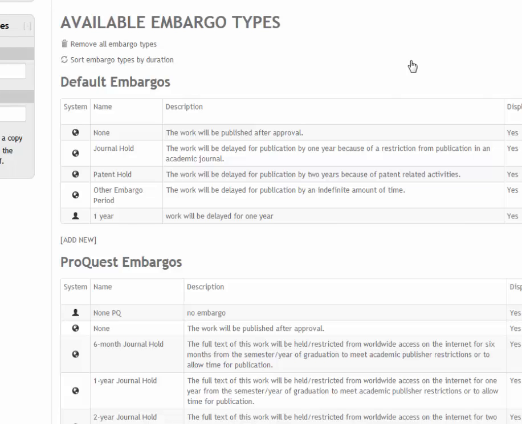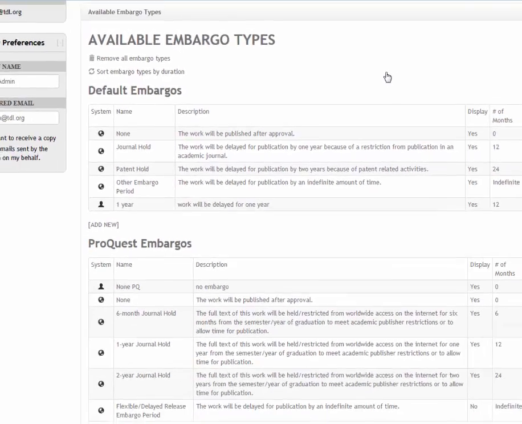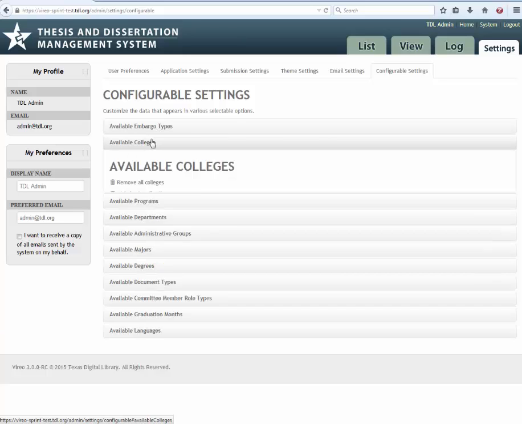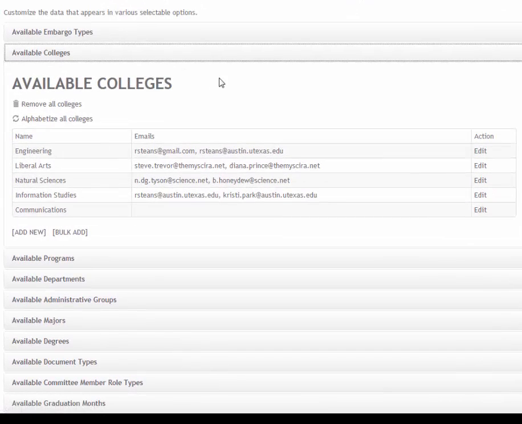Now that you understand how to configure available embargoes in Vireo, we will turn our attention to available colleges, departments, and programs. For each of these settings, users may now add email addresses to associate with specific colleges, departments, and programs. For example, if I click on Colleges and then choose Edit next to any field,